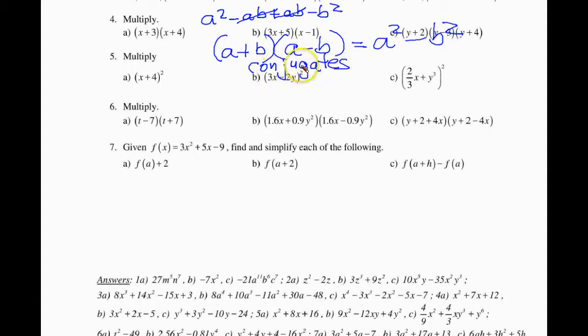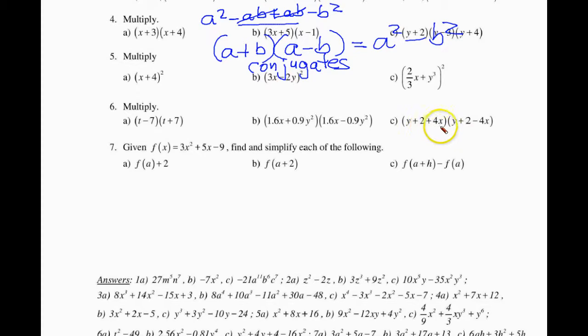When we multiply conjugates, the middle terms always cancel out. And we get, this is again part of that special products, the difference of perfect squares. So anytime you have conjugates, as we see here,